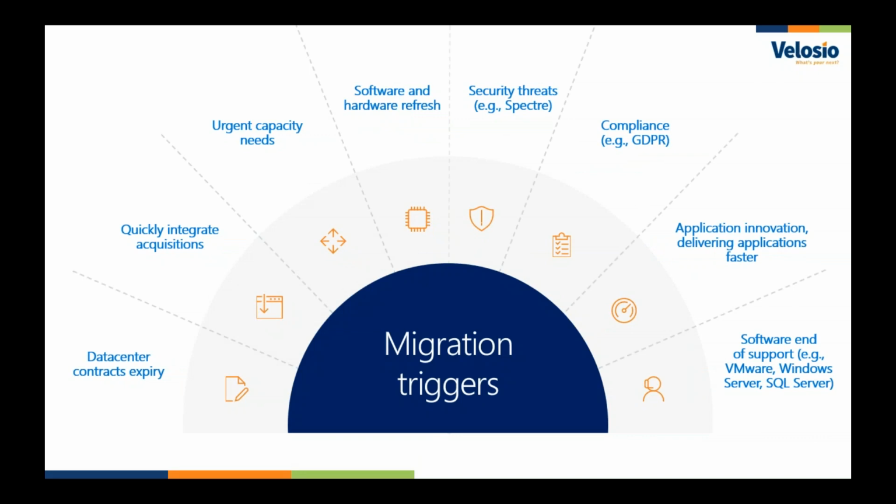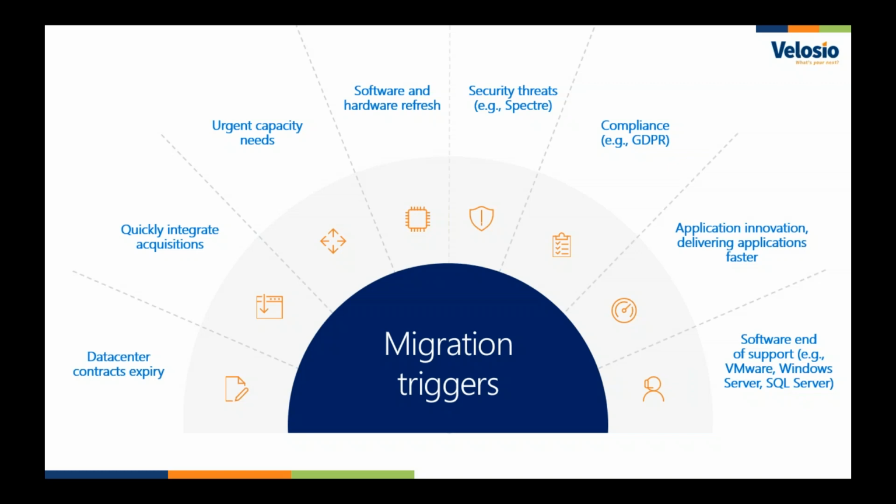As we talked about, some of the reasons companies look to move quicker, or basically at different levels, is because of things like a need for software or hardware refresh, a need for capacity, a need for compliance. And we haven't talked a lot about compliance, but things like GDPR, the General Data Protection Regulation over in Europe, is really forcing companies to evaluate: do I have the right controls in place around my data, wherever that data resides, whether it's in my database, whether it's in my Exchange, whether it's in my SharePoint site, whether it's in my team site? Do I have the right controls in place to ensure that that data doesn't get sent outside externally or somehow internally leveraged for some malicious activity?